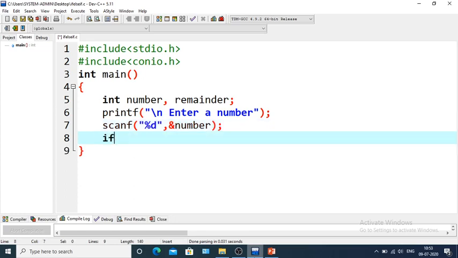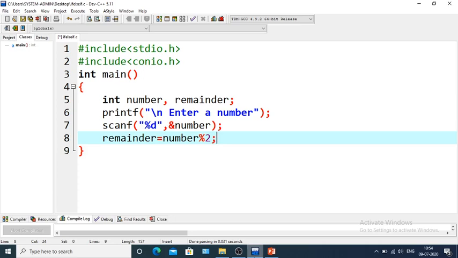So first we will find out the remainder. The value of remainder is basically number modulo 2. This means we have to divide the number by 2, and the remainder will store the remainder of that division.